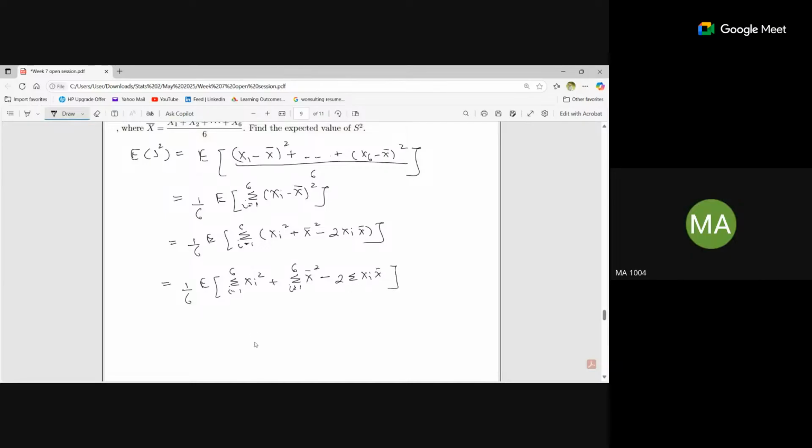Yes, ma'am. Okay. Now, x bar is basically summation of xi divided by n. So I can write summation of xi equals n into x bar, right? So I can write this as 1 by 6 expectation of summation of i goes 1 to 6 xi square plus this summation. See, for each of the samples, my sample mean will be the same, right? So I can write this as 1 by 6 expectation of